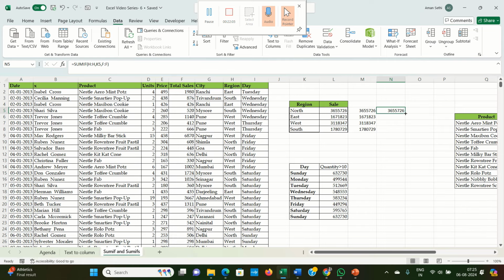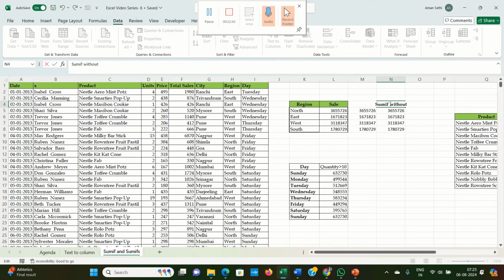Now, as I already mentioned, we need to drag down our formula because we have the same criteria to apply, just with a different condition in the same range, right? Because we have the same range on which we are applying this condition, we can drag our formula down and our answer will not get impacted. It will give the same answer. So I'll write here sumif function